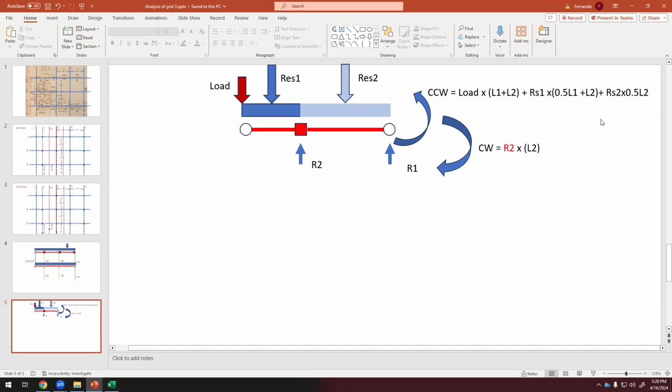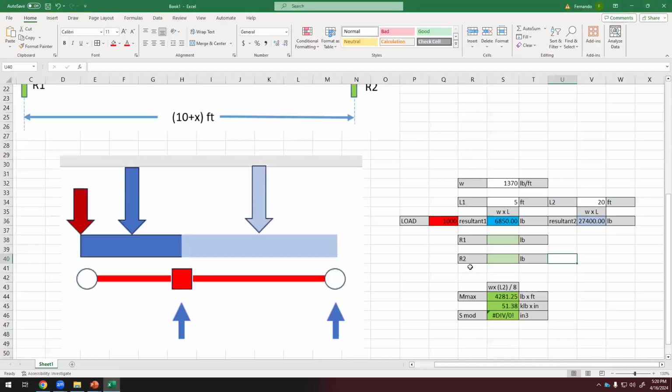I'm going to do it all at once to see if you follow me. If you can follow me, I think you can, then I will break it down, okay? But we know that R2 will be all this divided by L2, okay? So let's do that. We are in R2